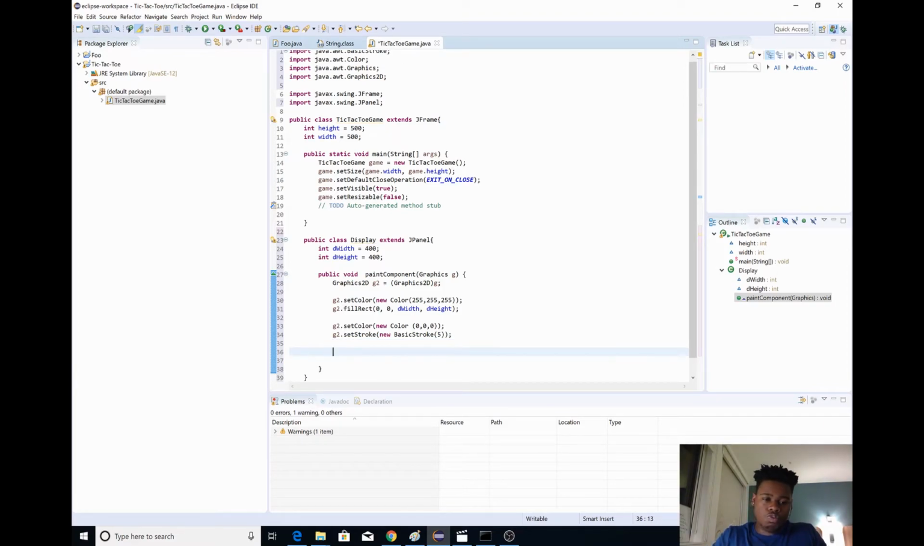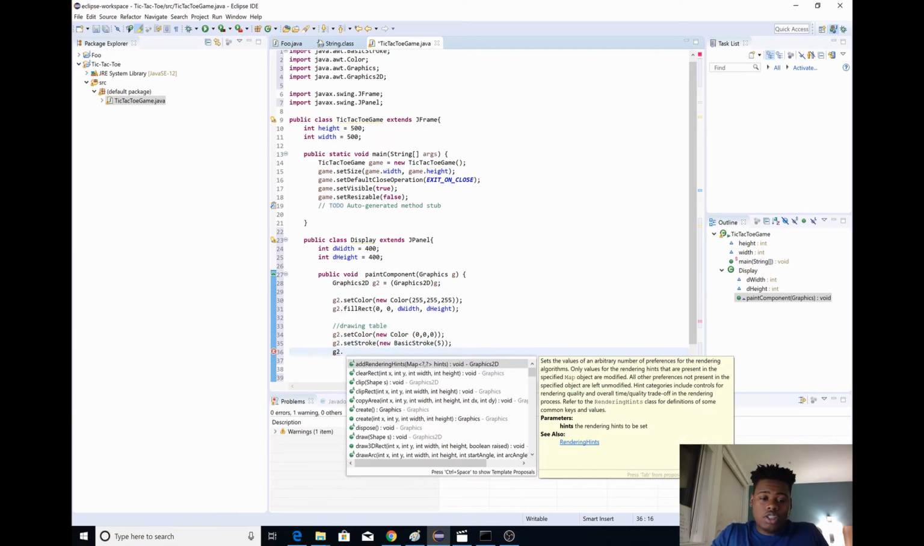So, gee golly, let me just make this comment real quick. I like to organize my code a little bit, you know. So this is drawing lines code, or drawing table. That's kind of derogatory to just call it table lines. Wow. Okay, anyway, so G2 dot,